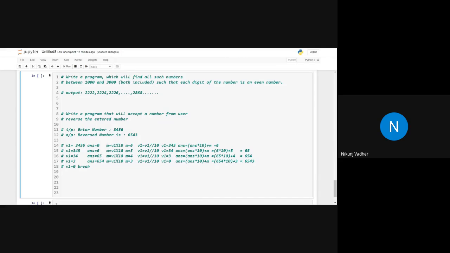Are you there? Yes. So are you getting what I want to tell you? That this is how you can implement it. You can use this same logic for implementing the first definition.